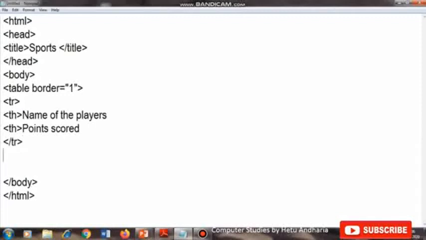Then the next row. In that, th will not come, td will come. Td is equal to Disha.